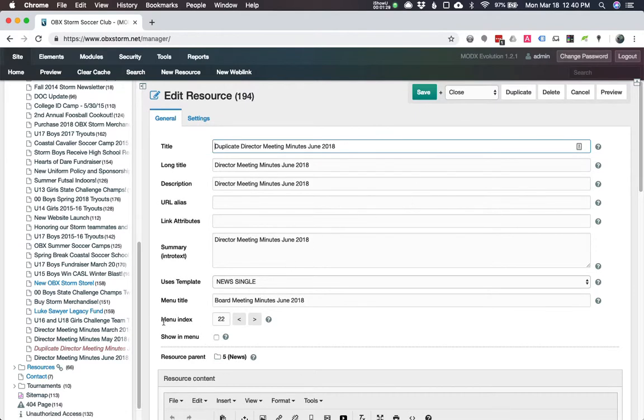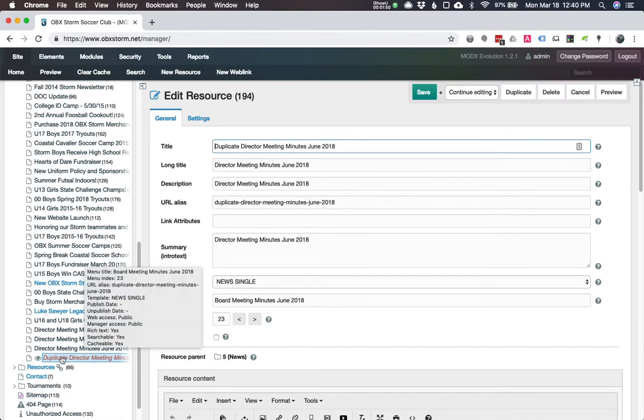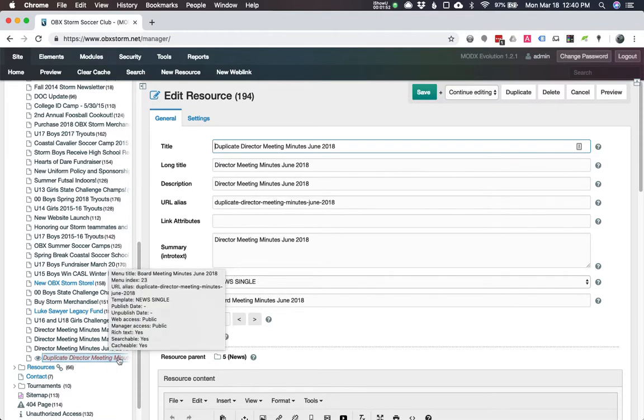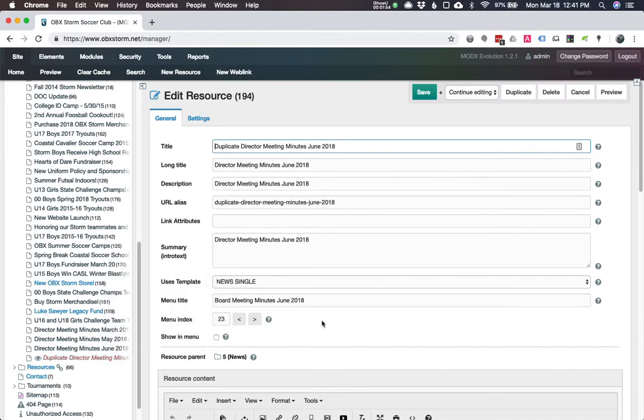First things first, this menu index I'm going to change. I'm going to increase the number to 23. Then I'm going to go up here, pull down save and continue editing, and then left click on save. You'll notice over here in the left column, it now shows our duplicate in red italics, moving to the bottom, and that just allows me to keep track of where the most recent meeting minutes or most recent posts are. And now I'll just start to go in and